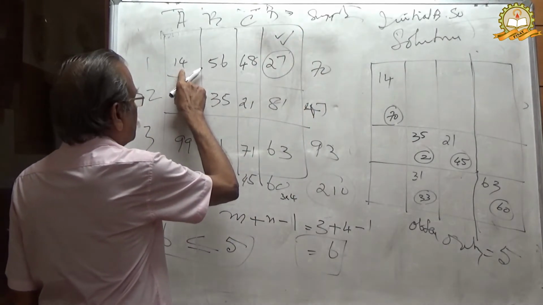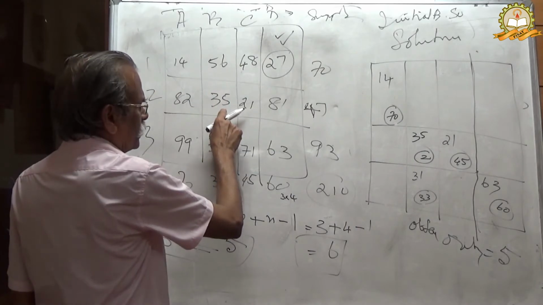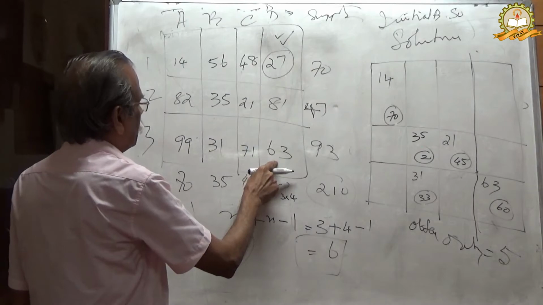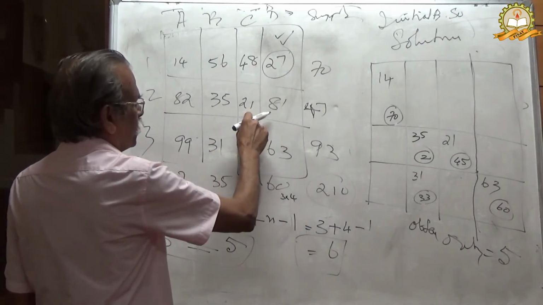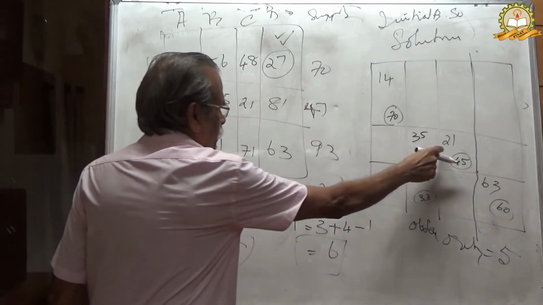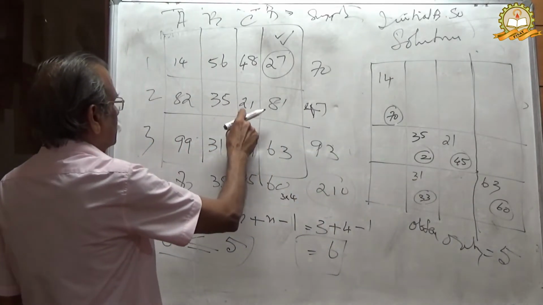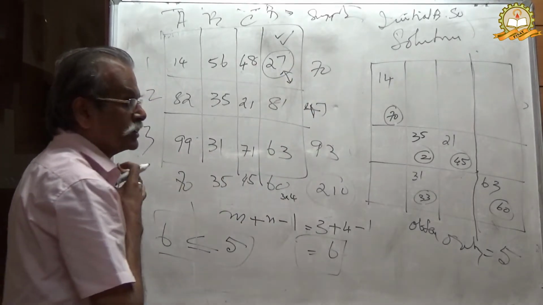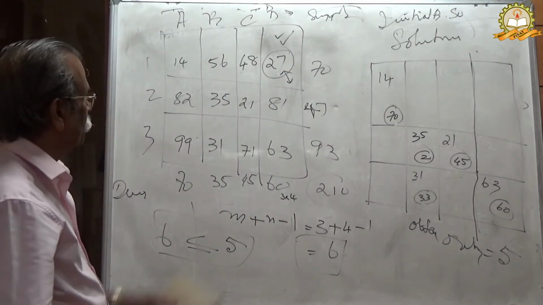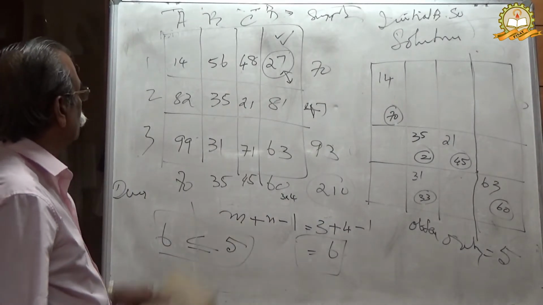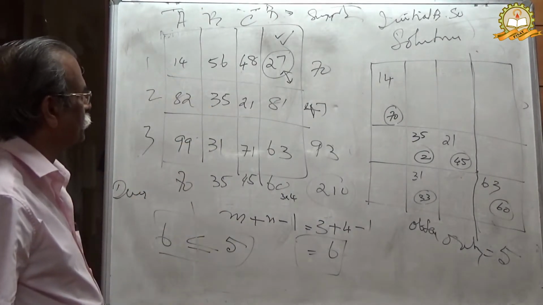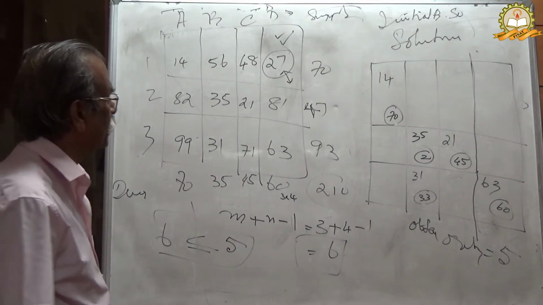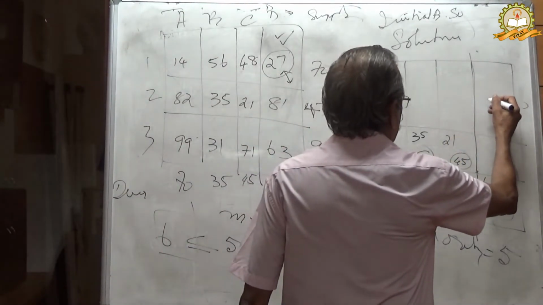Here you have allocation, here you have allocation, here you have allocation, here you have the lowest cell value, not 21, because 21 is already allocated. 21 into 45. Therefore, the next value is 27, where the allocation is not effected. Therefore, the next smallest cell value where the allocation is not made is 27. That is this cell.